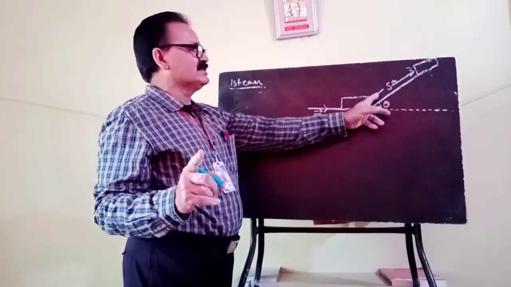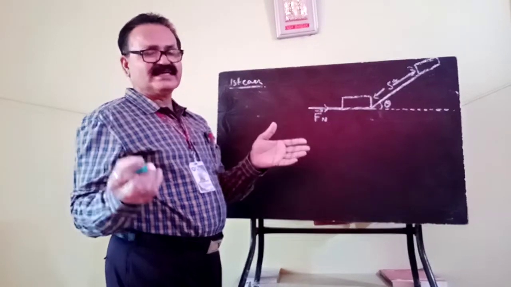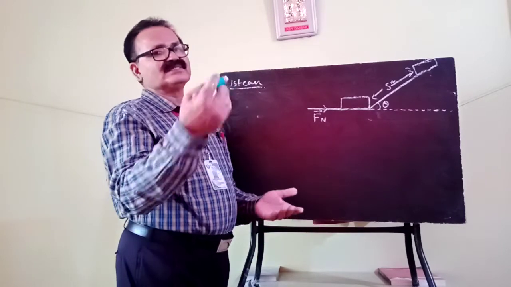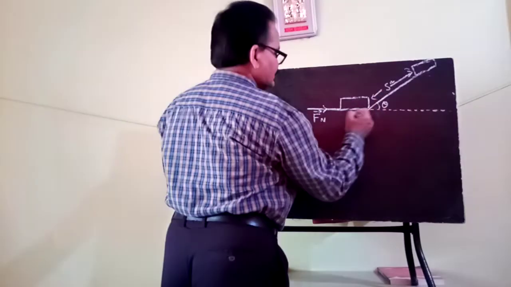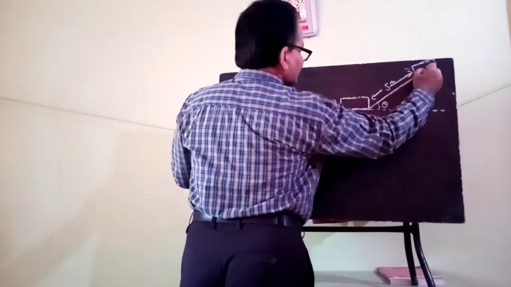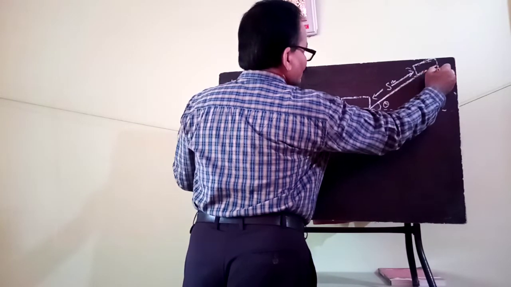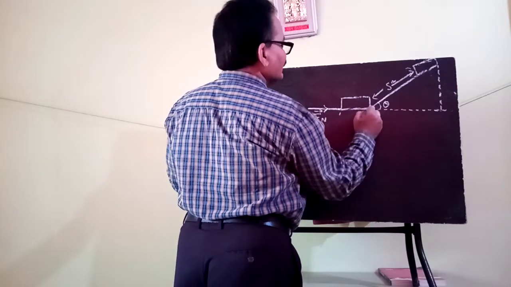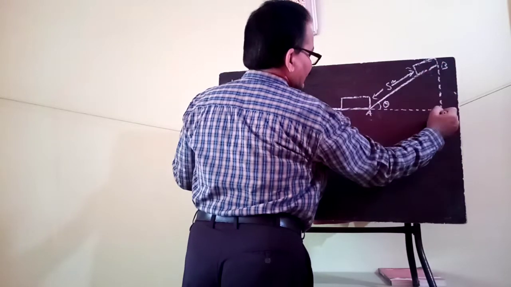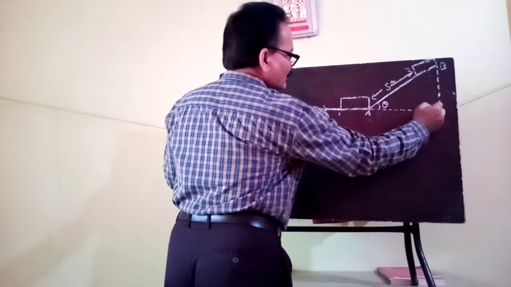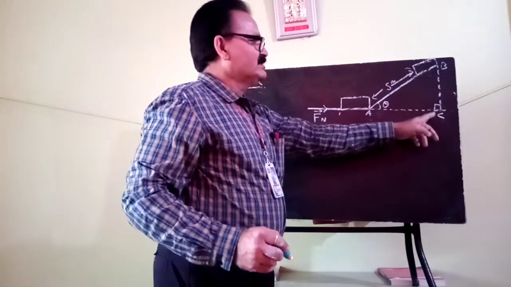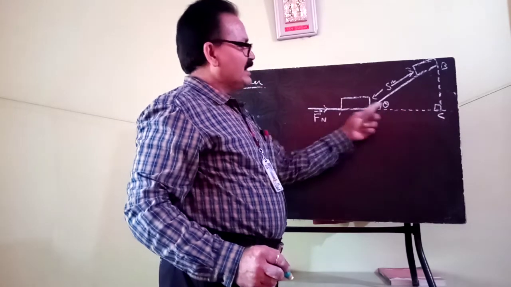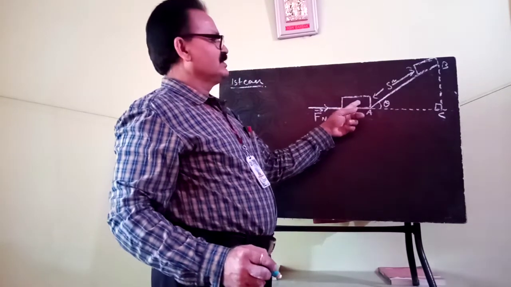Displacement is a vector quantity and a vector quantity can be split up into two components. One is the horizontal component, one is the vertical component. So what you will see is that this body displaces up to this point. Okay, you draw a perpendicular. Suppose you name this A, this is B and this is C. When you draw a perpendicular from this end, this will become the perpendicular and this will be the base. And this displacement becomes the hypotenuse.